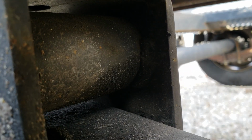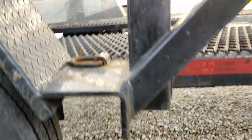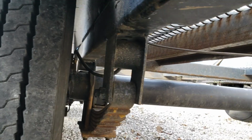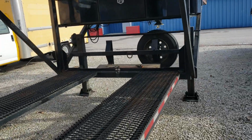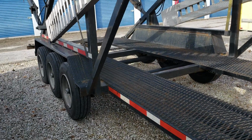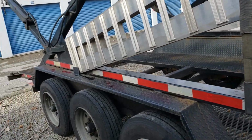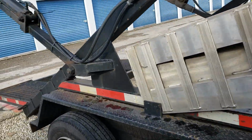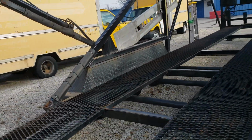And again, the Dexter's just so much stronger. If you look in here, one of the reasons these ones don't break is because they got that round welded in there. So you get extra strength on this hanger, so you don't have issues with it snapping here or stressing or different things like that. It's just nicer. Again, same thing right there. You got the big round welded in there. And the messed up part is they use the junk hangers, and for a triaxle hanger kit, that junk kit they're using is probably like $40, and you can get the full Dexter hanger kit for like $100. So they're trying to save, you know, $50, $60 on a 20-something thousand dollar trailer, and it's really screwing you,